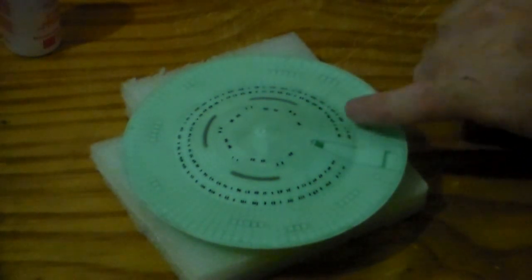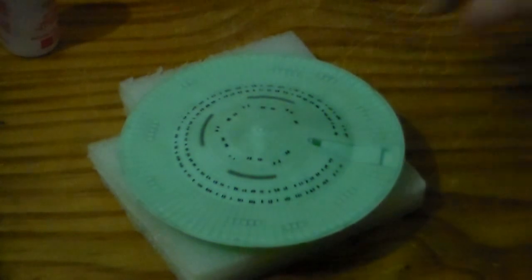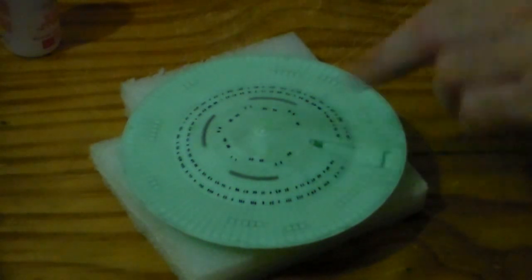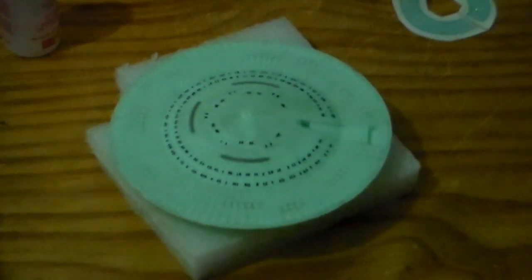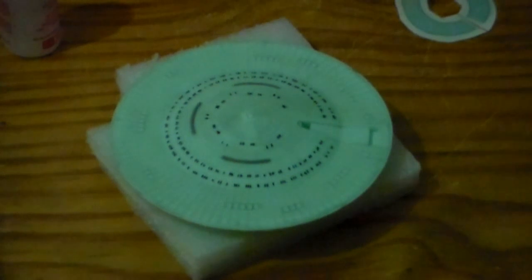So I went in and very carefully tried to do the windows as nicely as I could on the bottom with paint. The windows weren't very nicely molded on the bottom. On the top of the model, the molding is a lot better. Unfortunately, the bottom not very much so. Okay, now